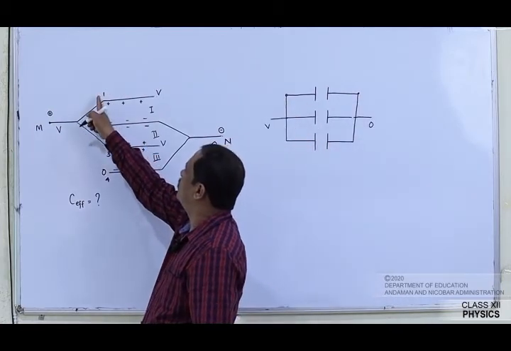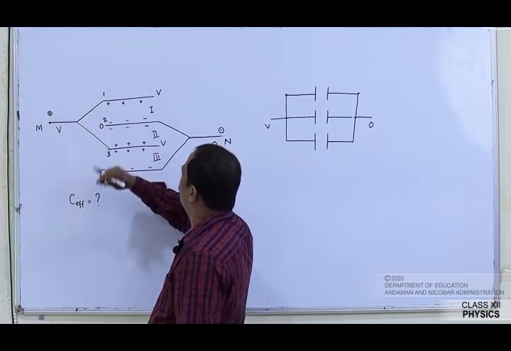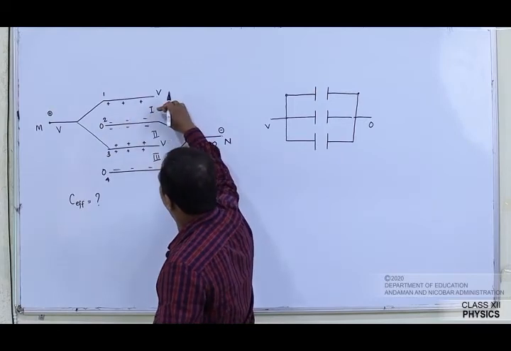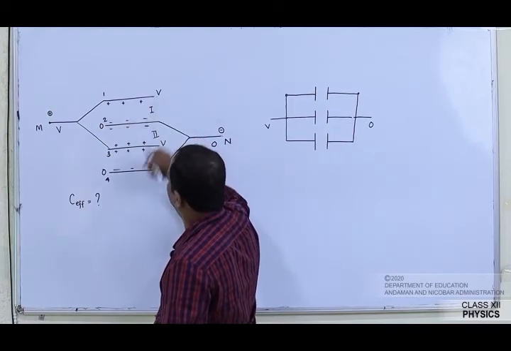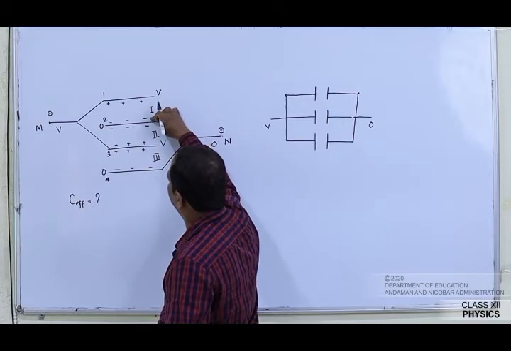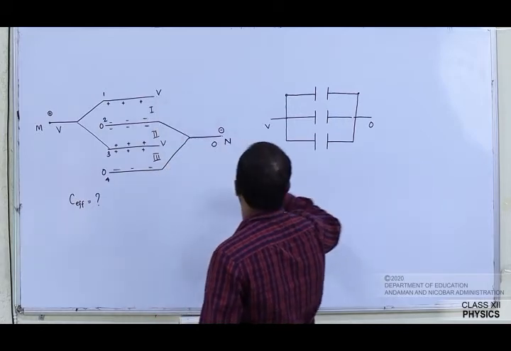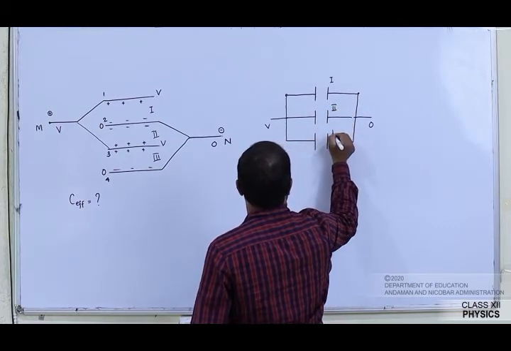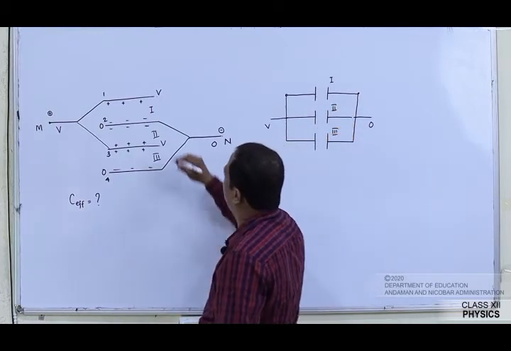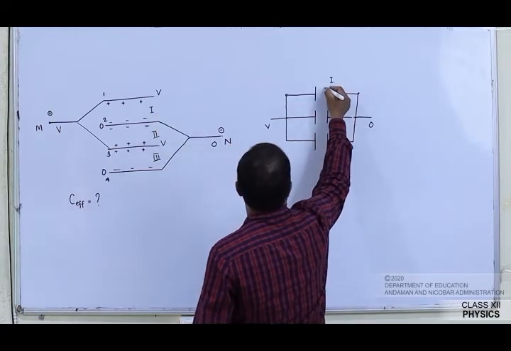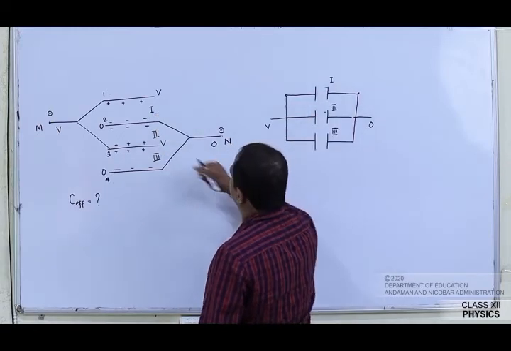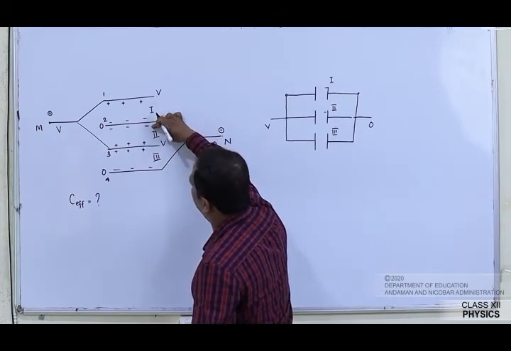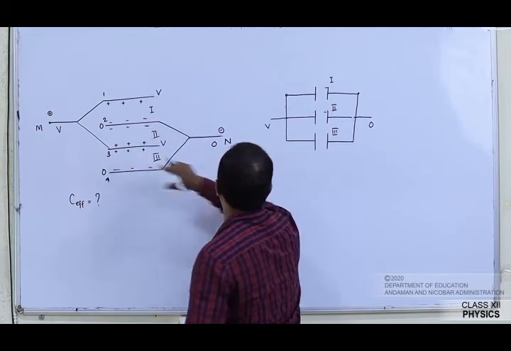To check whether it is right or wrong, I am going to see. See plate, this is 1, this is 2. So the plate 2 is common to both first capacitor and second capacitor. That means the negative plate of first capacitor and the negative plate of second capacitor are connected together. So let me put this is first capacitor, this is second for me, this is third. So negative of first capacitor is connected to the negative of second capacitor, and this is plate 2 for me.